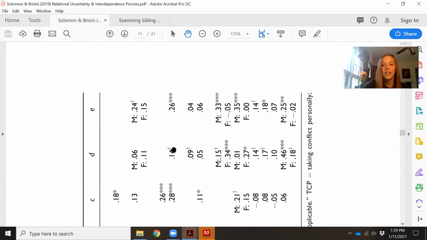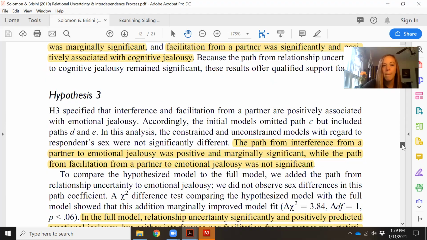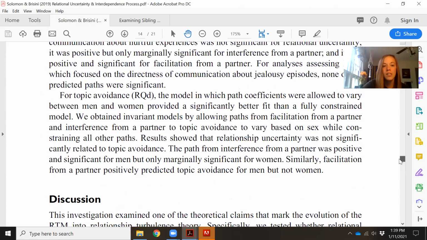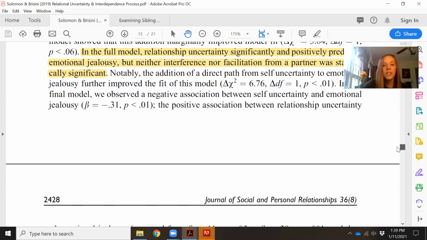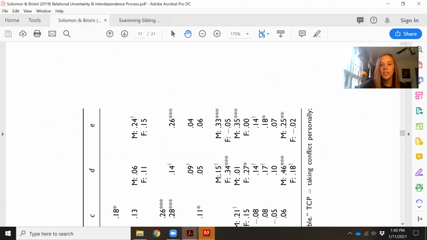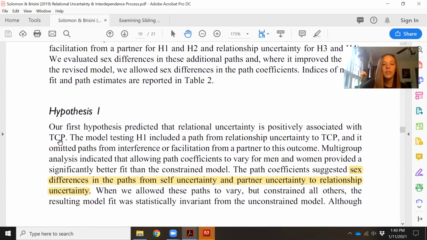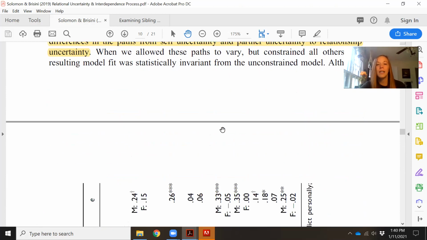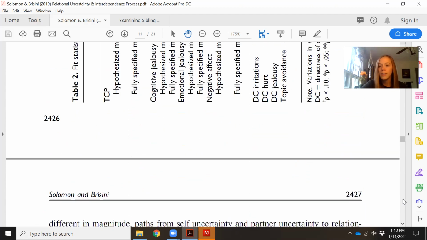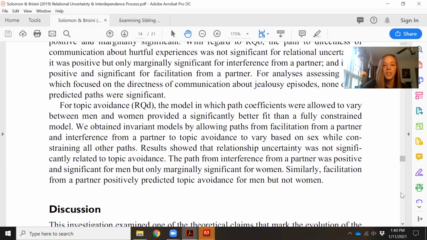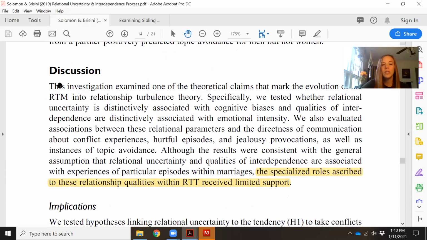Now what they've done here, I think, let me check. Okay, just kidding. So they've done this a little bit differently than some other articles. What they've done is they've started talking about whether or not their hypotheses were confirmed in the results section. So it might help to skim through this one, but even if you don't read any of this, you'll get most of the information you need by just reading the